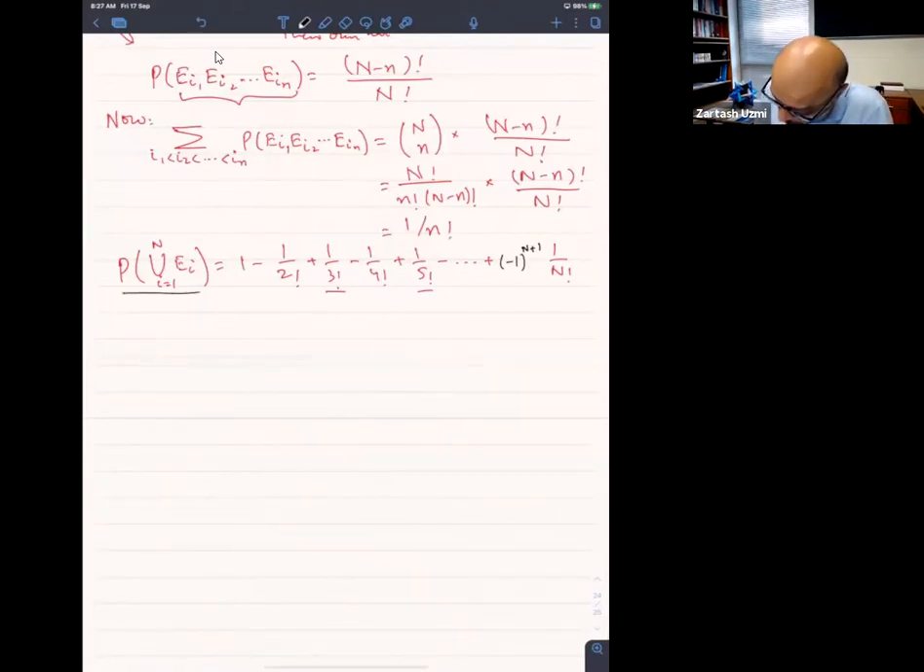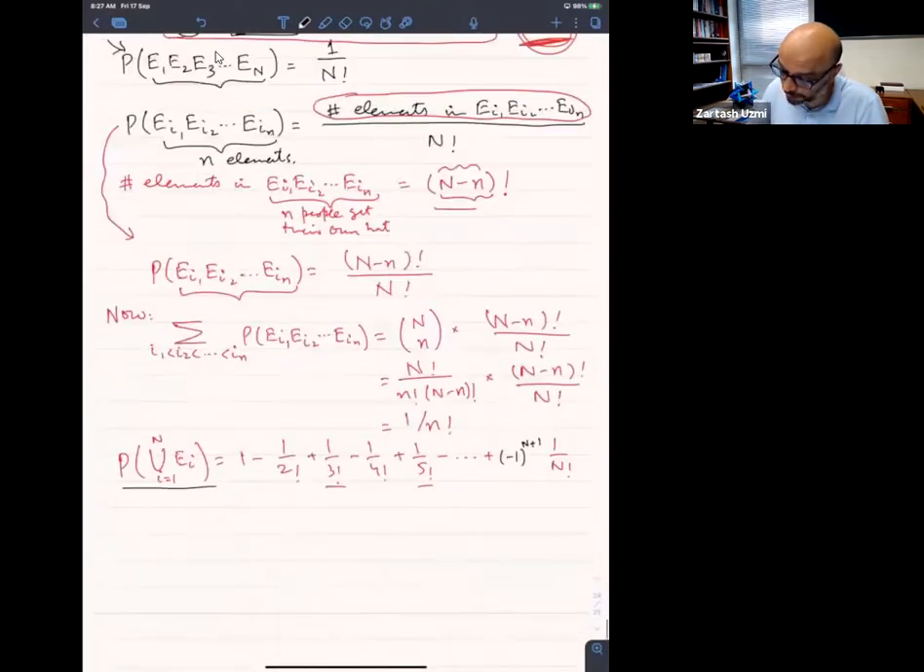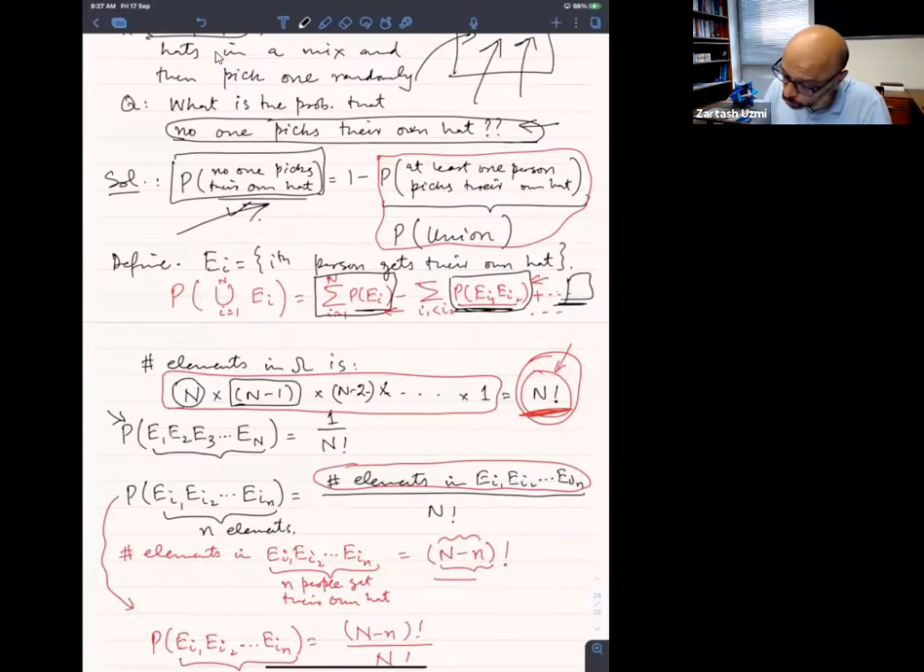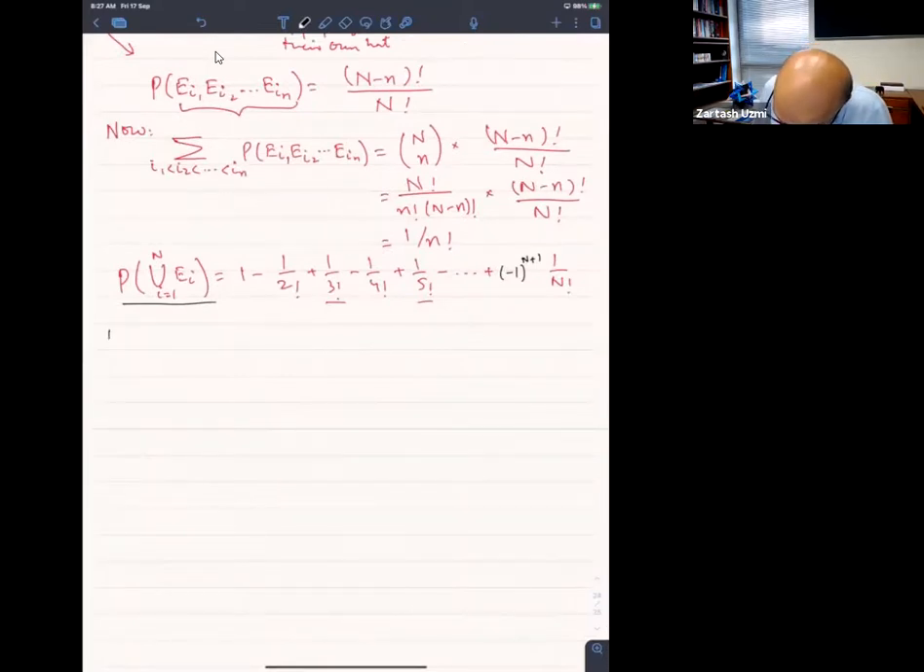This is not the probability that we wanted. This is the probability that at least one guy will get their own head. We wanted the probability that no one got their own head. So उसको 1 में से माइनस करना पड़ेगा। So required probability is equal to 1 minus probability of union i equals 1 to n E_i, which is equal to